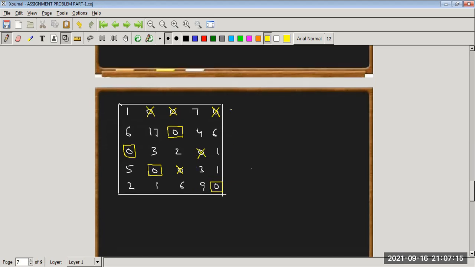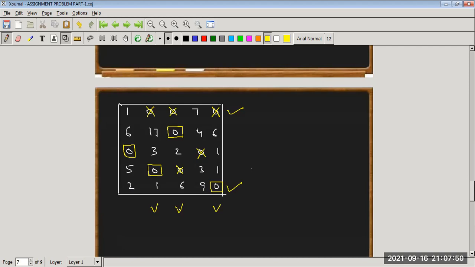So we start the ticking process. Tick the unassigned row. So the first row is unassigned, so we tick that row. If the ticked row has 0, tick that column. In this row we have 3 zeros, so we tick the columns: first, second, third, and fifth. Now come to the fifth column. If the ticked column, fifth column, has an assignment, tick that row. If there is more 0 in that row, then we have to tick that column, but there is no 0, so the column fifth job is over.